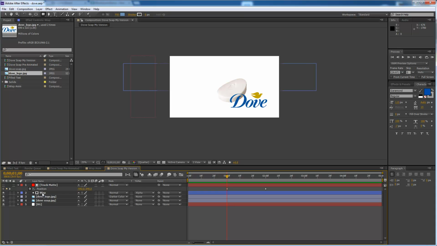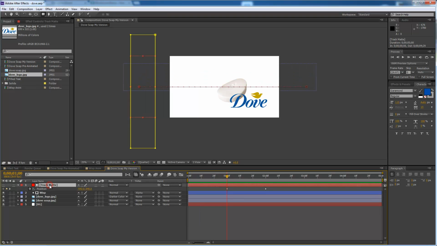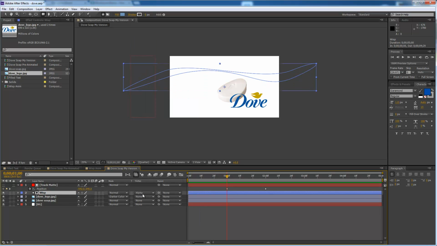One is that whenever we set a track matte, it's always going to use the layer that's directly above it as its track matte. You can't choose any other layer. If we click on this drop down, we can see our only choice is the layer that's right above it, named track matte. So here's another thing about this, and that is whenever we set a track matte over here,